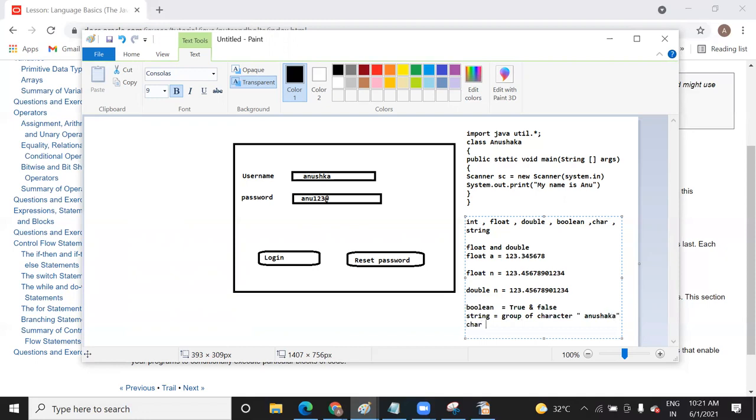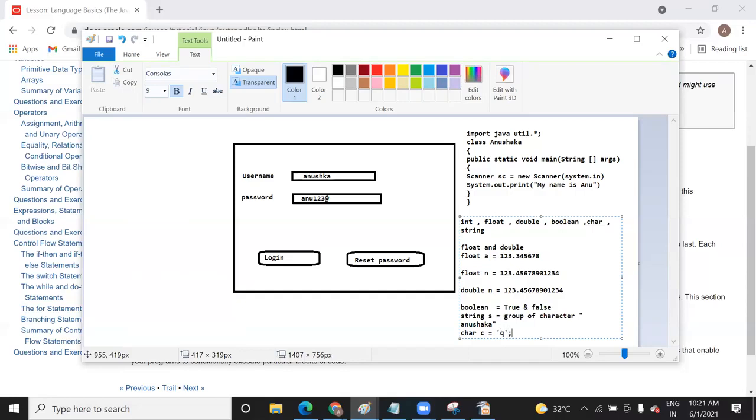And if I say character, that holds just one character, an alphabet. You declare a character variable inside a single quote, a single inverted comma, just like this.